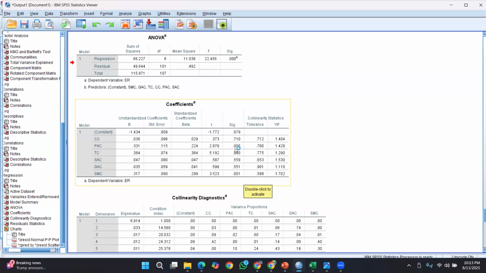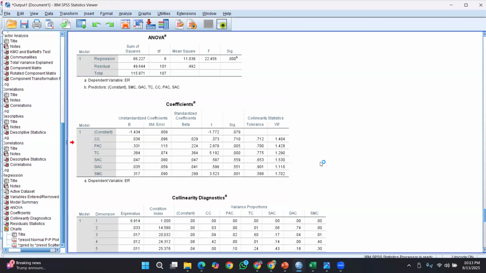Okay, then with that you can write your results section and you can incorporate this multiple regression.